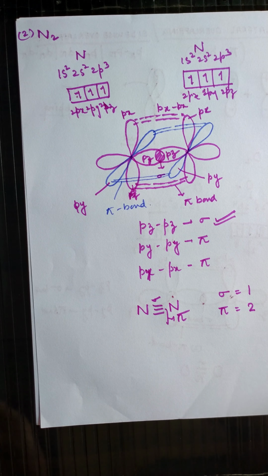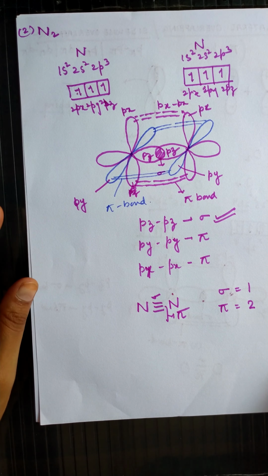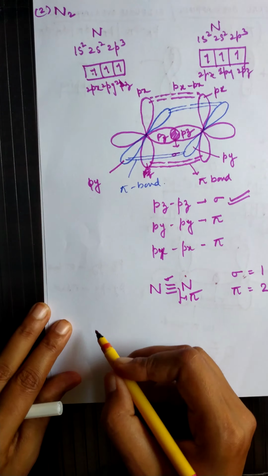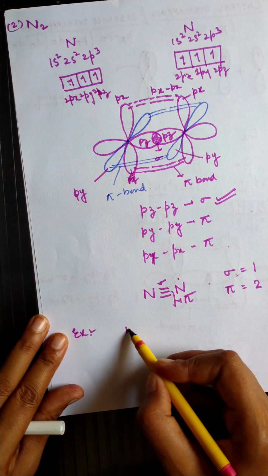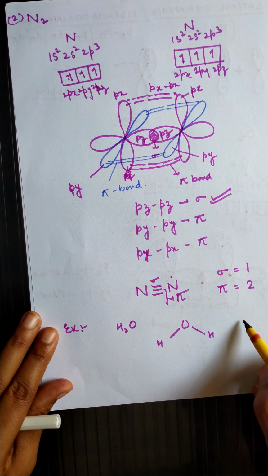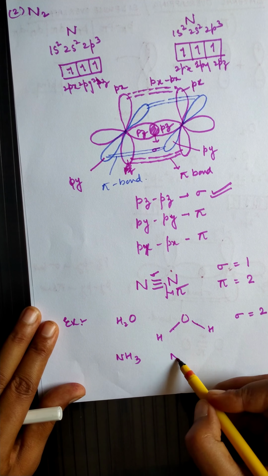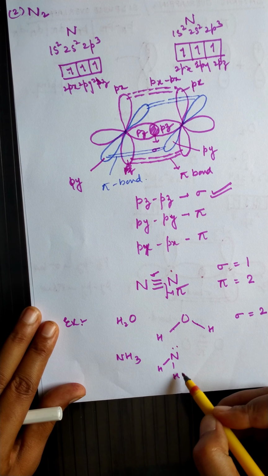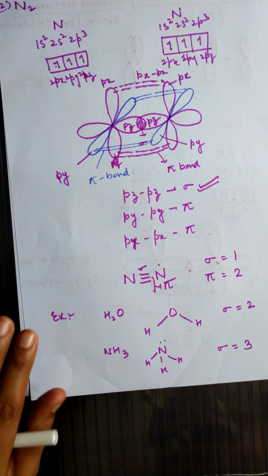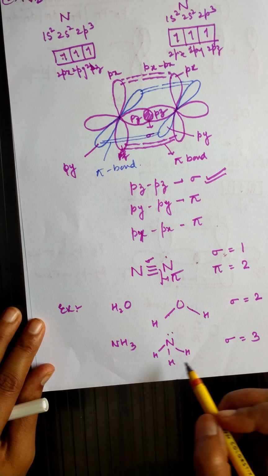Students, there are certain questions where you have to calculate the number of pi bonds as well as sigma bonds in different types of molecules. You can calculate by drawing the structure. Let me take the example of water, H2O: how many sigma bonds are there? You can see that only single bonds, so only 2 sigma bonds are there. In case of NH3, you know the structure of ammonia is like this. So in this structure you can see 3 sigma bonds. In case of CH4 methane, you can see that 4 sigma bonds are there.